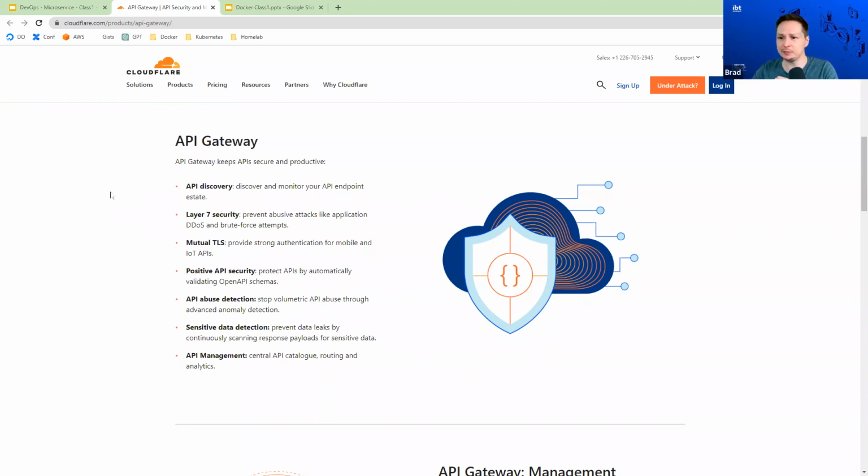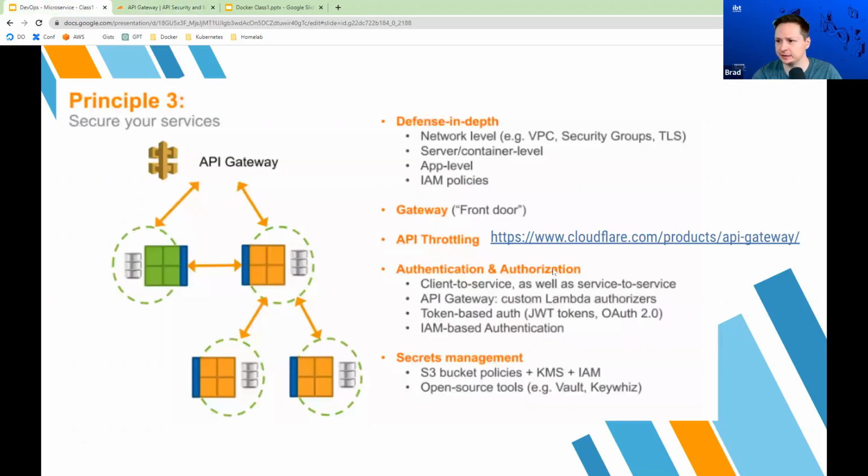Something like an API gateway can prevent that, right? It can throttle the amount of requests, it has known IPs that it bans, all these different protections an API gateway can provide. So that's just one of the many different things that you can use, and Cloudflare is really good for that.